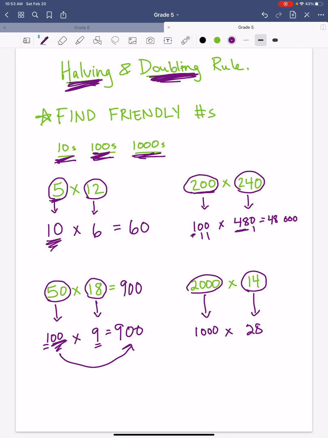And then I just do my zeros rule. 28 times 1 is 28. I have 3 zeros. 1, 2, 3. So 28,000. Now, I've also given you guys in your questions one that's a little bit more challenging that I